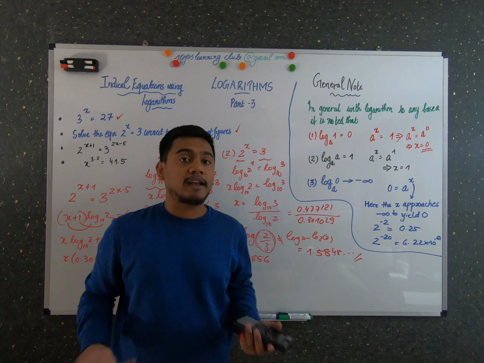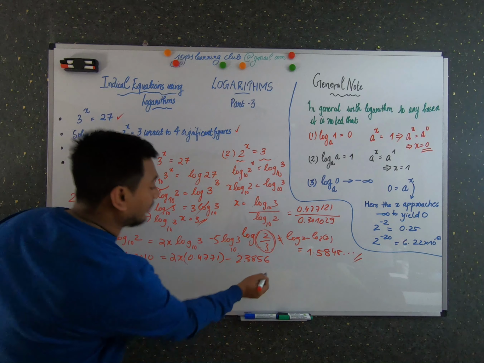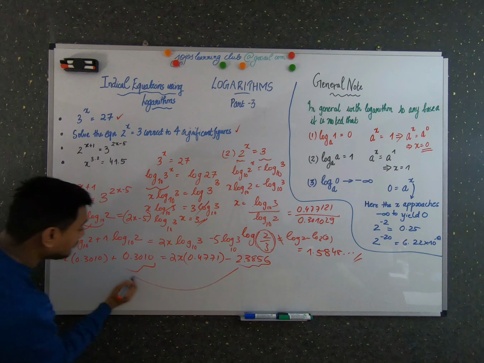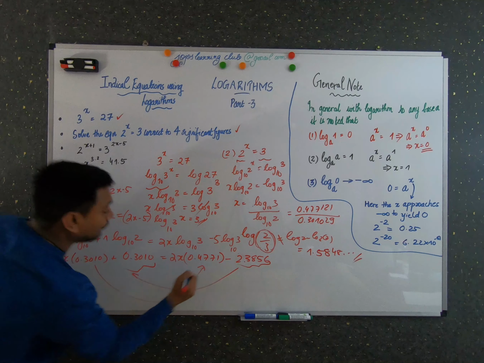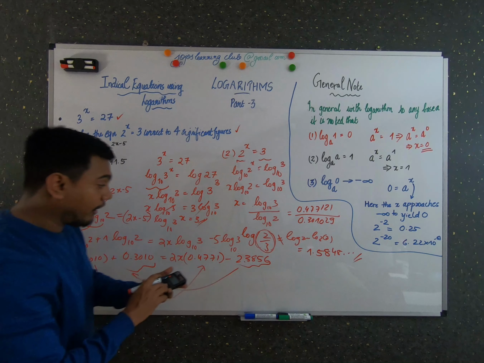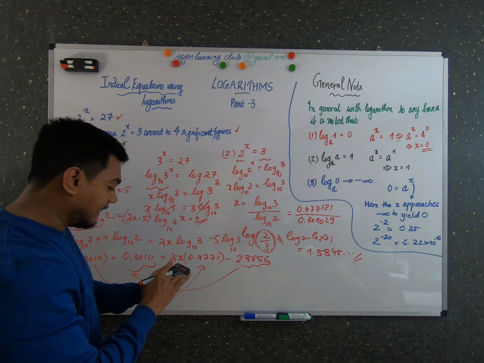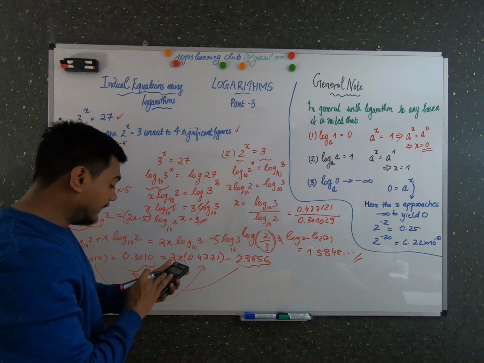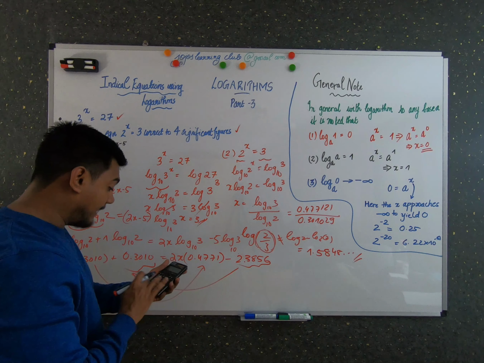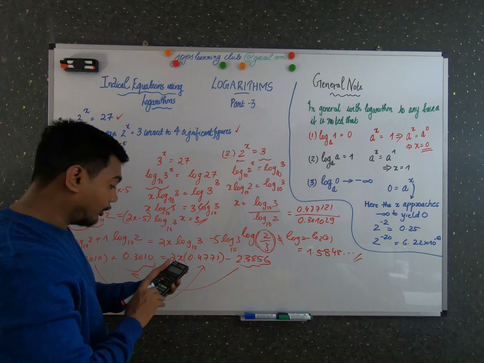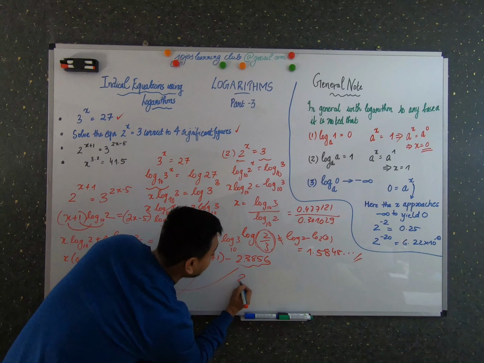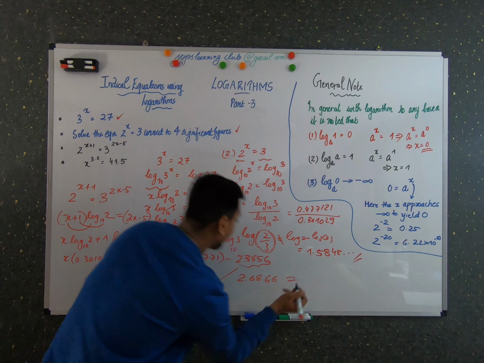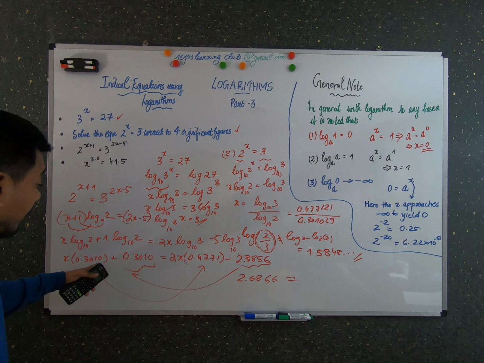Now group together the numbers with constants on one side and the variables on the other side of the equation. Then you just have to find the answer from the next equation. So I'm going to put this to this side and move this to this side. Again, what you have to find: 2.3856 plus 0.3010. What is this? 2.6866 is equal to